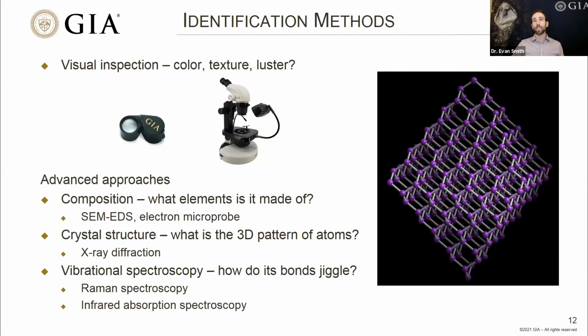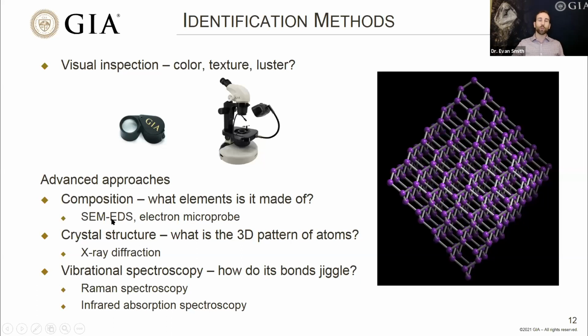Sometimes that can be helpful and we can almost make a positive identification of some mineral inclusions, but often we need some more information in order to positively identify what this inclusion is. So I've listed here three advanced approaches, and they're broken down by what they're trying to do. The first thing is, you could try to identify the composition of this included material. In other words, what elements is it made up of? If we have an inclusion like this, what are these actual little atoms?